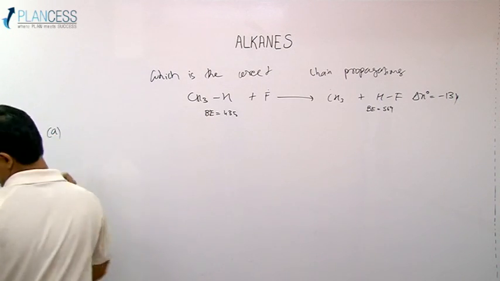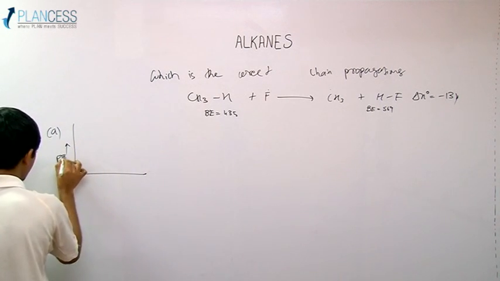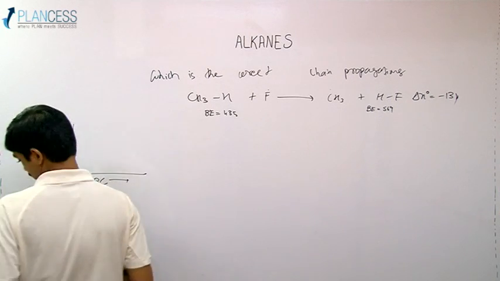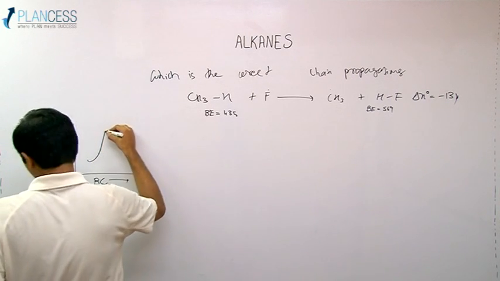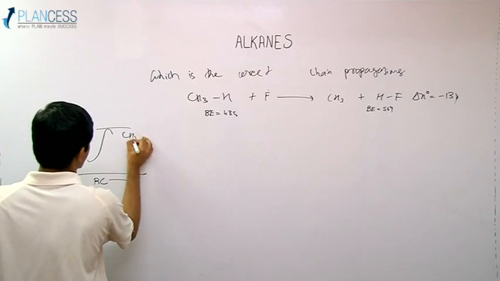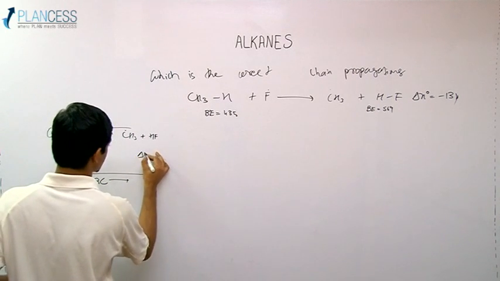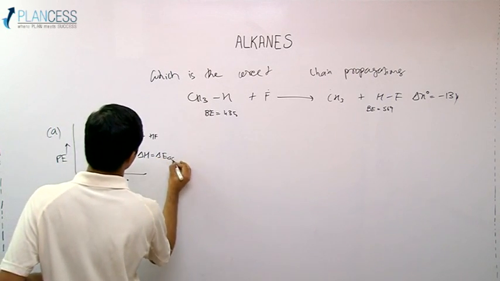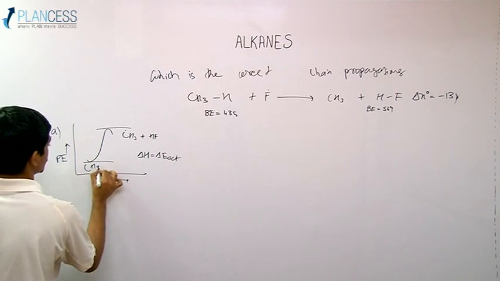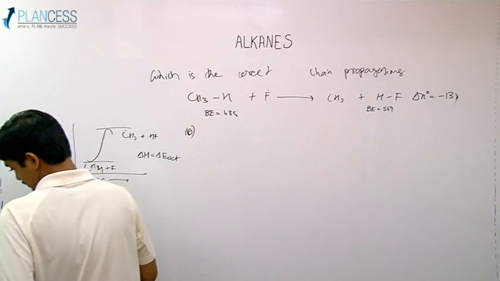Now the options which are given are, this is of course the potential energy, and on this axis we draw the reaction coordinate. The first potential energy diagram has CH3 free radical plus HF, then delta H equal to delta E activation, then we have the initial CH4 plus F free radical. The second option says